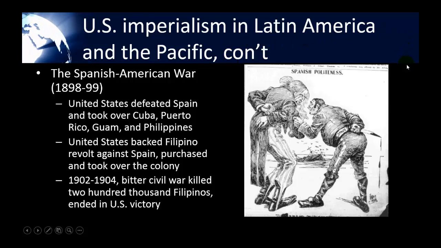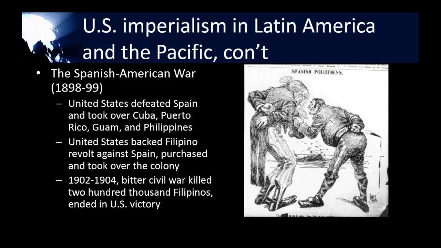This is one of the political cartoons that was published during that time period that illustrates this. There's no evidence that Spain blew up the Maine, but certainly the media gave the impression that it had, pushing Americans towards war. We acquired the Philippines, and